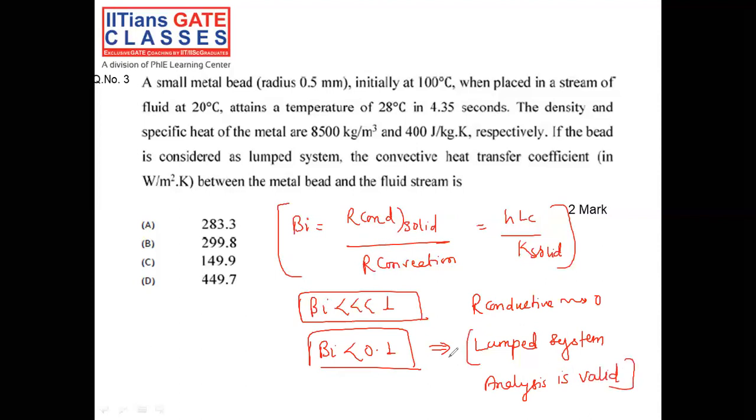When the Biot number is less than 0.1, the lumped system analysis is valid. Otherwise, if the Biot number is more than 0.1, or around 100 or 300, the lumped system analysis is not valid. In that case, we need to approach it some way other than this lumped system analysis. Now,